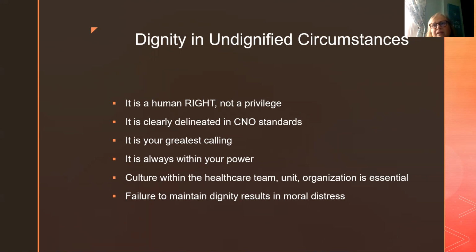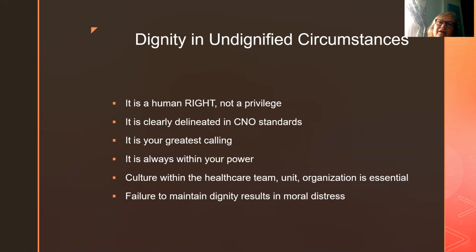And it really is important that you understand that dignity is not just something that you promote within yourself and your own practice, but it's around the culture of the healthcare team, that this is something all of us work towards. We don't make negative comments about patients. This is a sort of common terrible one. When someone is mentally ill, have you ever seen people do this? We don't do things like that, right? We don't ever do things like that. And we don't roll our eyes. We just carry on, right?